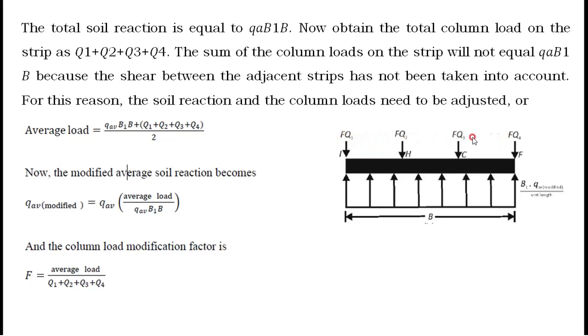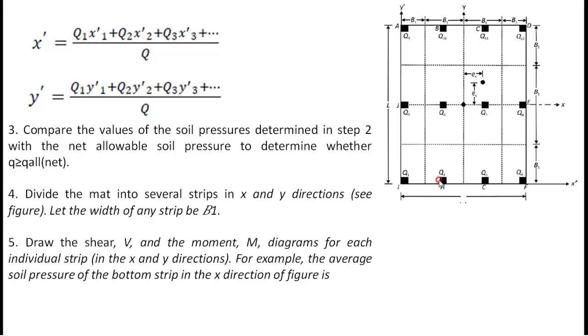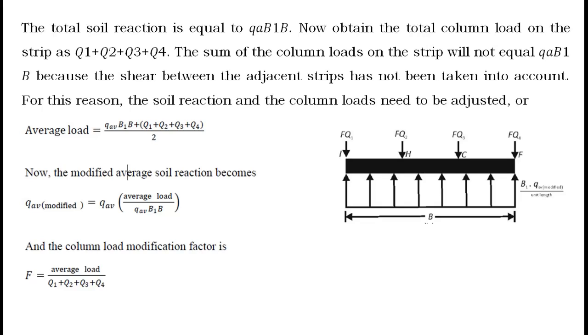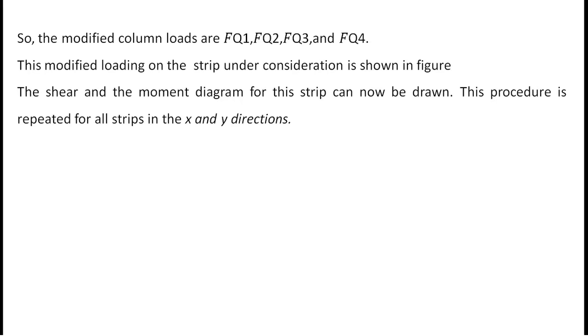Now by considering these Fq's and this soil bearing pressure, both will be matched with each other. Means by doing this, what actually we did is, the influence of this strip on this strip is avoided by considering the modified column load factor. Okay na? That we avoided. Now whatever you are getting accurately, these Fq1, Fq2, Fq3, Fq4 loads and your upward modified average pressure, both are correct now. Then you can go ahead with your bending moment and shear force.